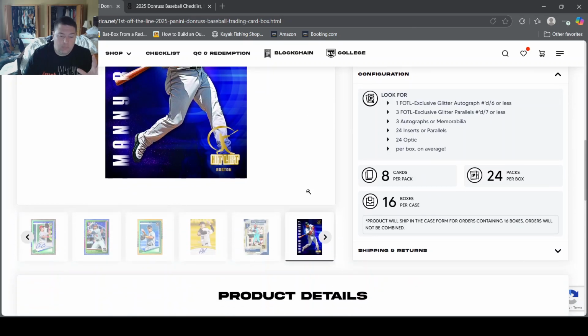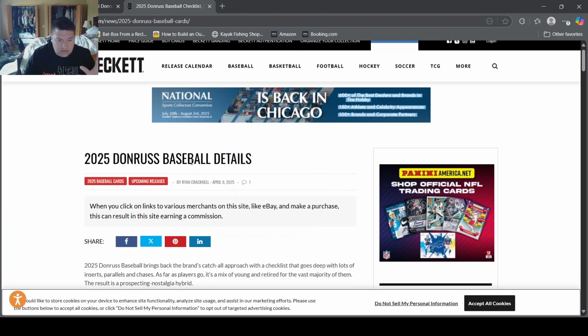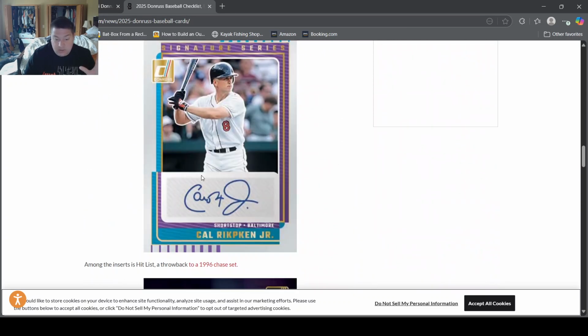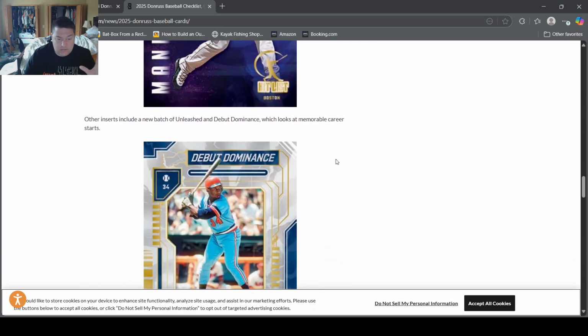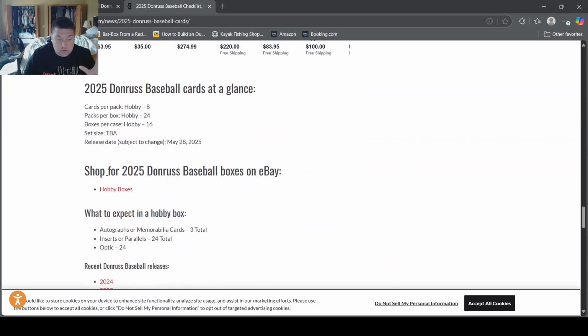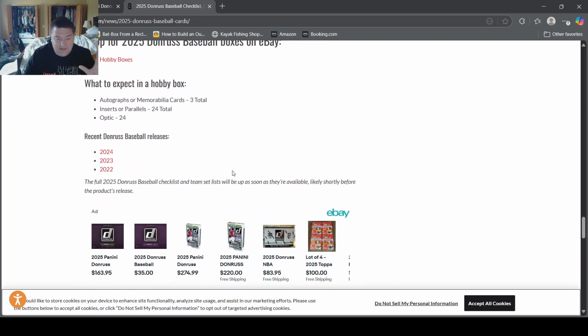current MLB product. Let me go to the checklist here, and this is the one thing, and this is Beckett, has those same pictures. Does have a Cal Ripken, which I don't think was on the other site. So Cal Ripken's in this set to some extent, but usually down here there is a checklist of who's in the set, and they don't have that yet. 2 days before the set goes live, so it's a little disappointing that you can't go through and see who's all in the set because that would help tip the scales as to whether this would be a great product